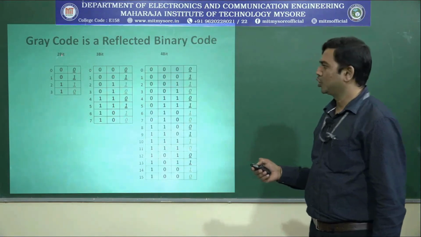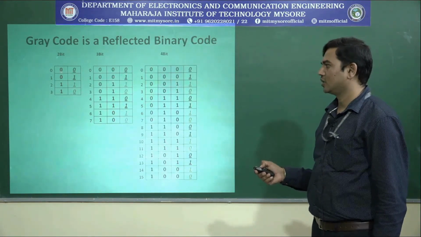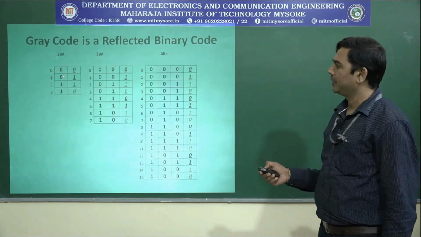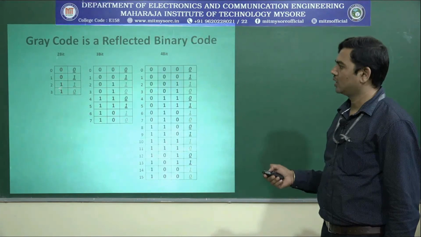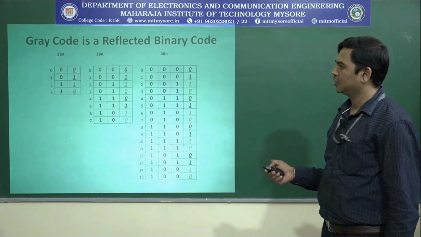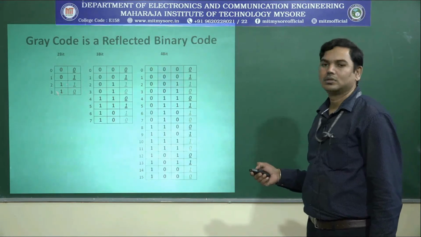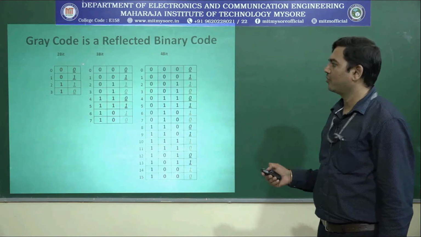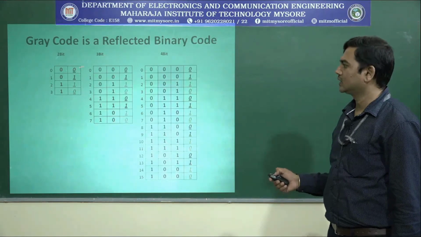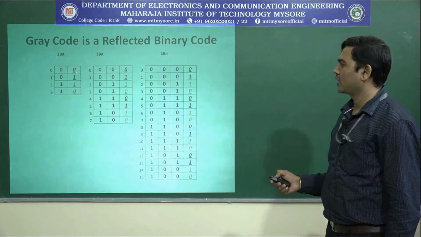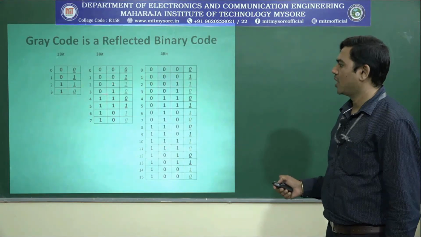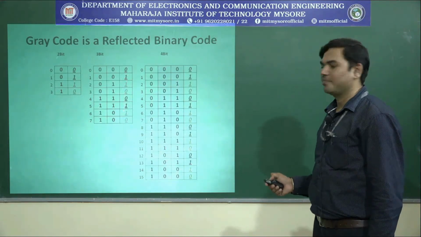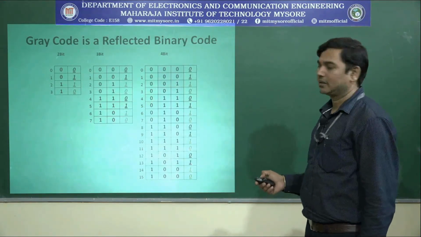For a 2-bit, there is no other option, you have to write it in the earlier described way. Repeat zeros 2 times, 1 2 times, then 0 1 and its mirror image 1 0. Now, while writing a 3-bit, earlier what we had followed was repeating 0 0 2 times, 0 1 2 times, 1 1 2 times, 1 0 2 times, and then we had written 0 1 and mirrored it. There is one more way of writing it.